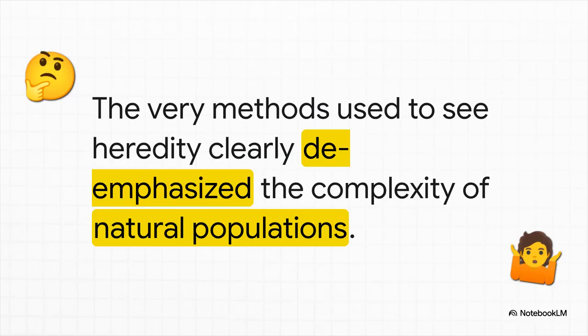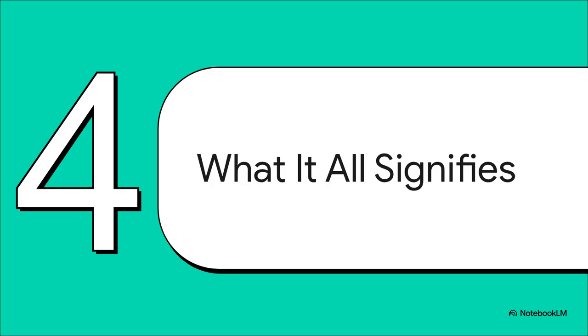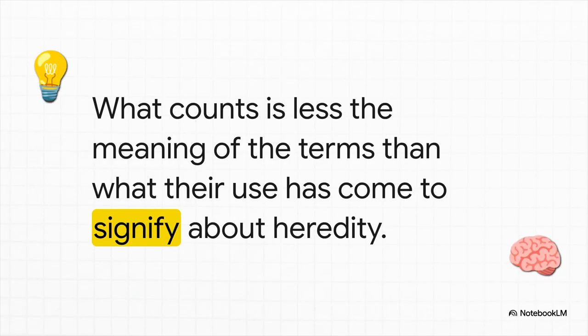So you see the paradox, right? The very method that let us see heredity with such amazing clarity, well, it did that by leaving behind all the complexity it was supposed to be explaining in the first place. It gave us a clear answer by ignoring most of the question. Now, this isn't just some quirky fact of science history. This way of thinking, born in a lab, it has had a huge, profound impact on how we see the world. That distinction we started with, it isn't just a definition. It's not neutral. It's an idea that's loaded with meaning. It signifies a whole bundle of assumptions about how life actually works.